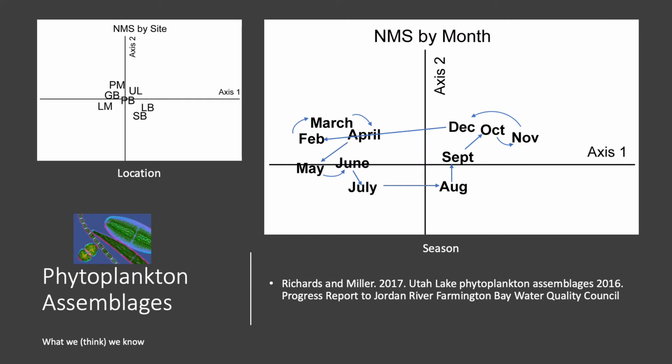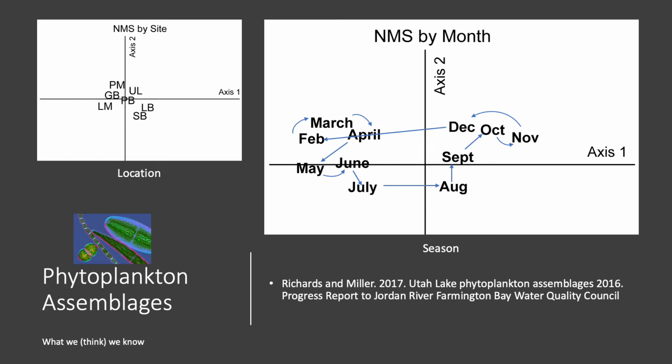Some of the basics that we are pretty much sure of. Phytoplankton assemblages, including cyanobacteria, vary spatially and temporally in the lake. The figure on the right is an example of some of our research, showing how phytoplankton assemblages follow a seasonal pattern. As you can see in the figure on the right, there is a clear seasonal change in phytoplankton assemblages with basically 4 groupings: February, March, and April in the left top quadrant,